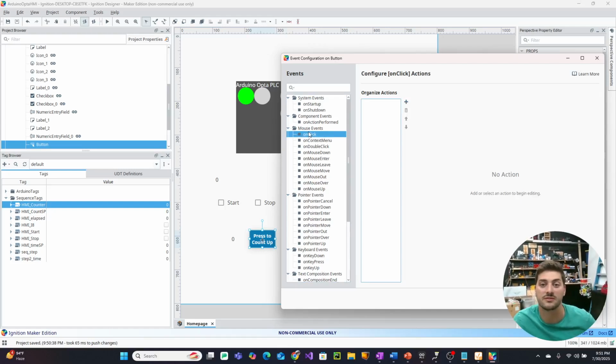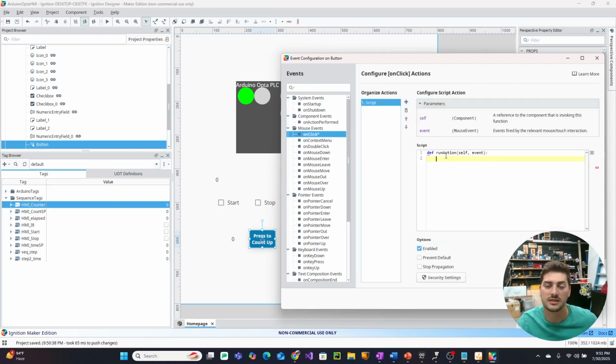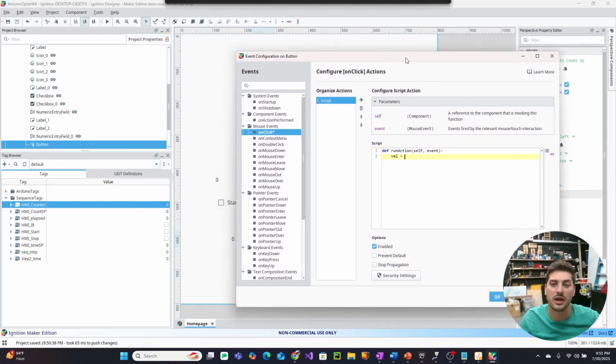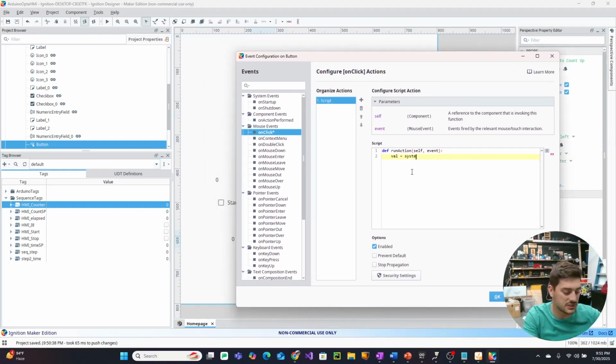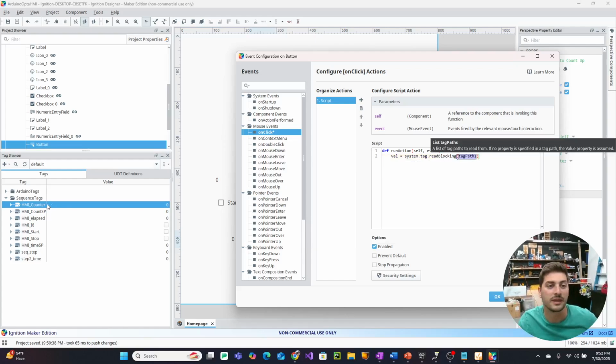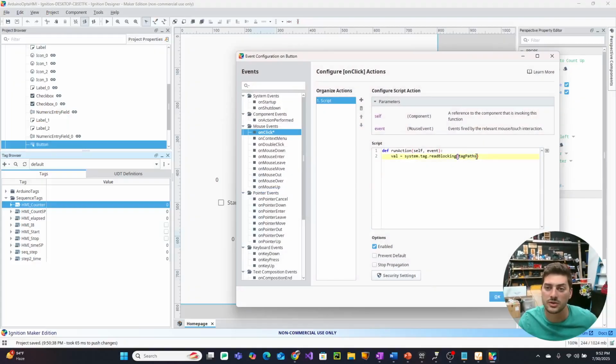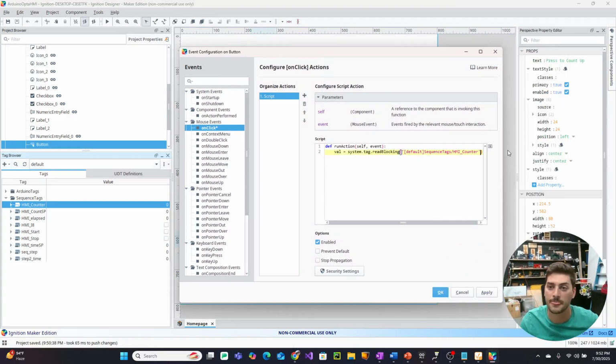So we go to mouse events in configuration events, on click, press the plus button, and we're going to do a quick little script. val is equal to the current value of the counter, which is system.tag.read blocking, and that's a little bit of just Ignition syntax for you. The tag path is going to be that counter variable. So we're going to say read the value that the counter currently has, and then